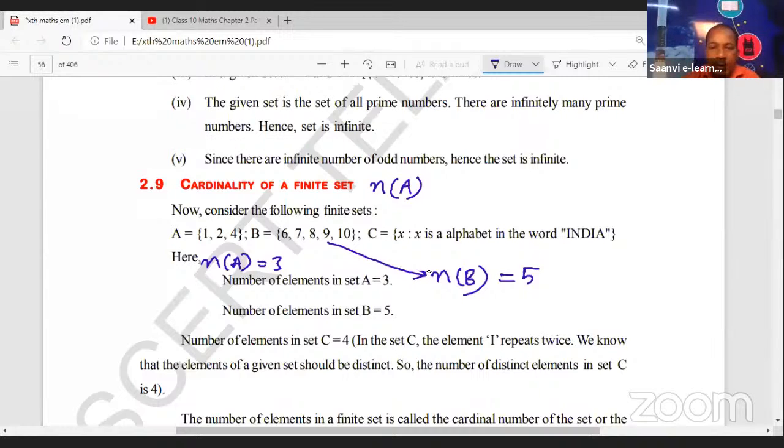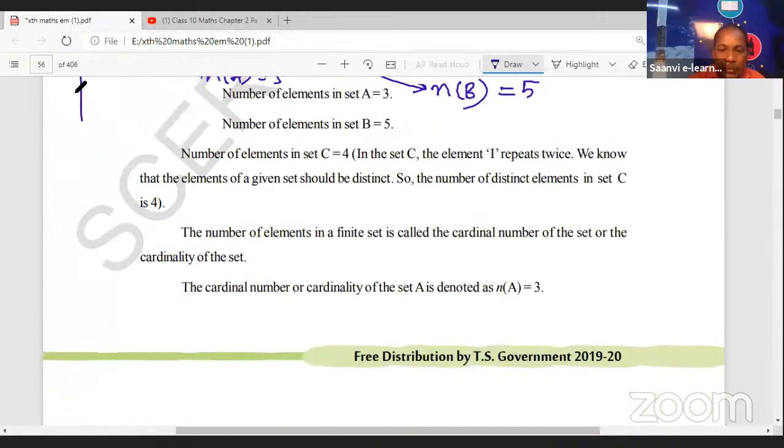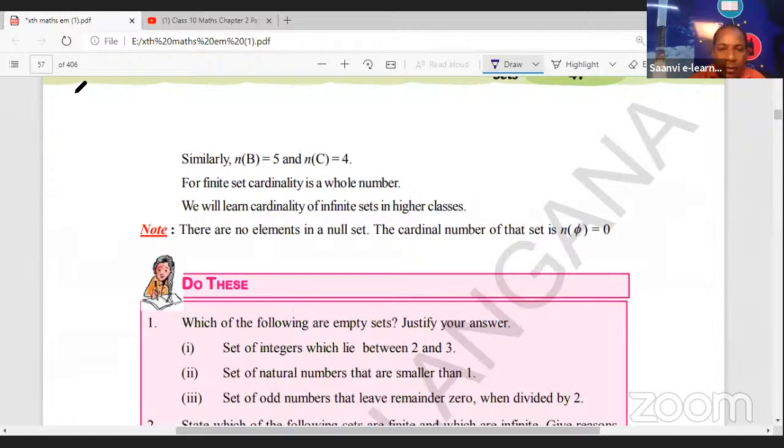Did you understand, children? What is cardinal number of a set? So the number of elements in the given set is called the cardinal number of the set. Right. Now